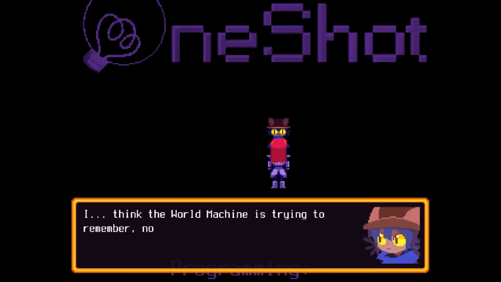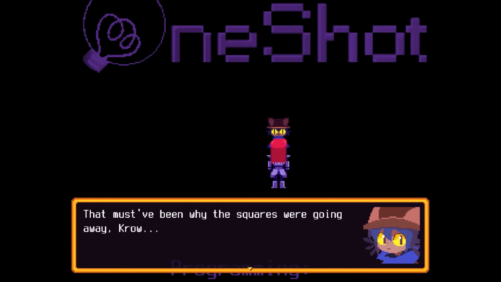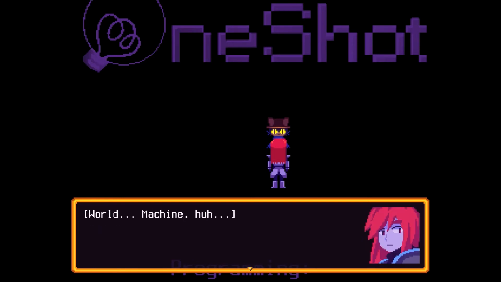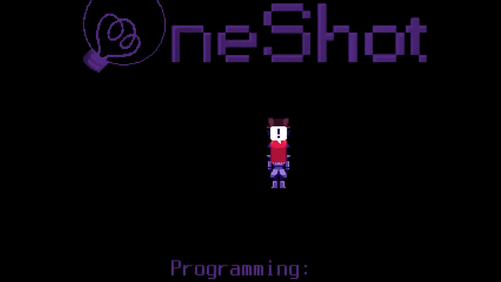Pardon? I think the world machine is trying to remember now. The code that went bad. I think it's restoring it all. That must have been why the squares were going away, Crow. And it's why you're here, miss. I think the world machine was able to recover your code, too. World machine, huh? Oh, I'm not sure if I should tell you this, but